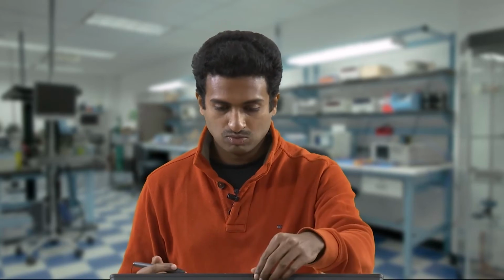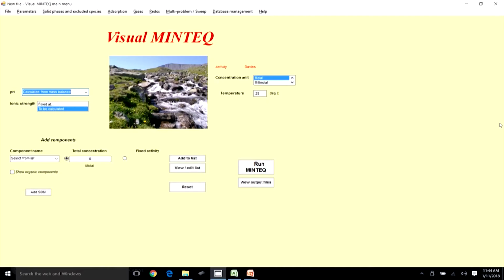So I am not going to go through the derivation again, but in the last session we haven't looked at the applications with respect to Vimintek when the system is open. So we will get that done now. So we will move on to Vimintek here, right? So first we will look at the simple case here.